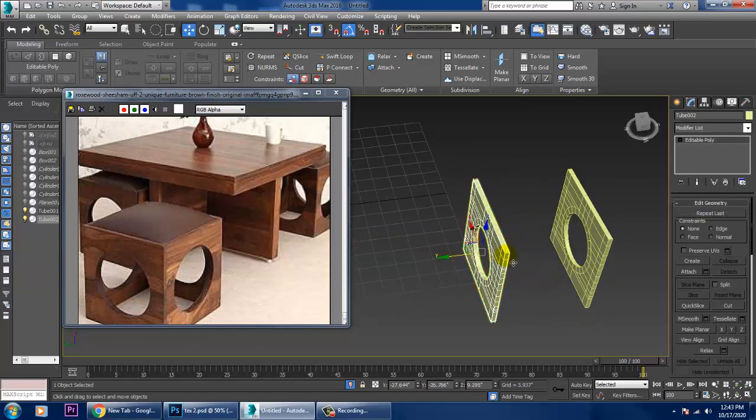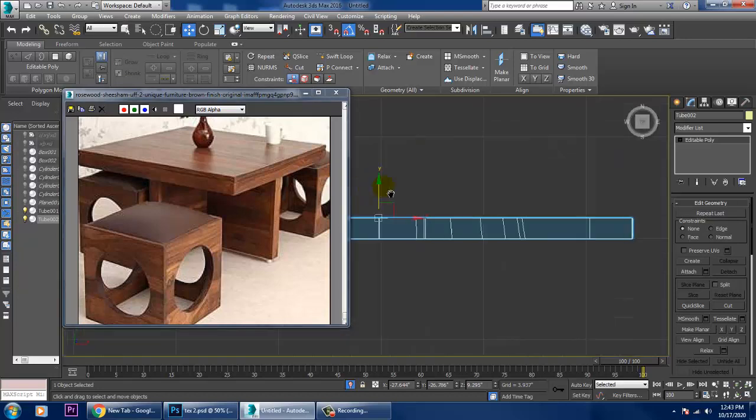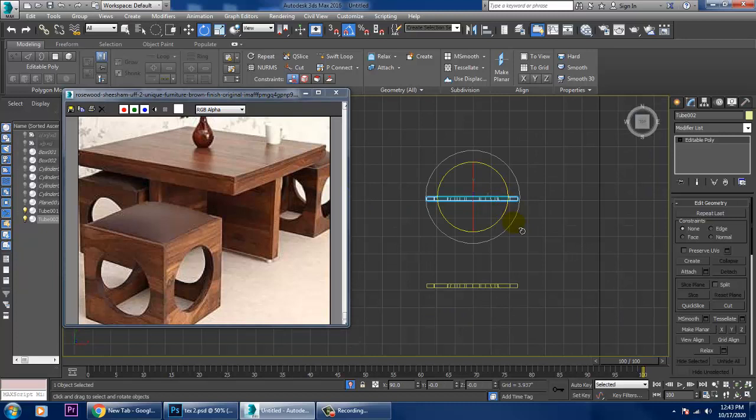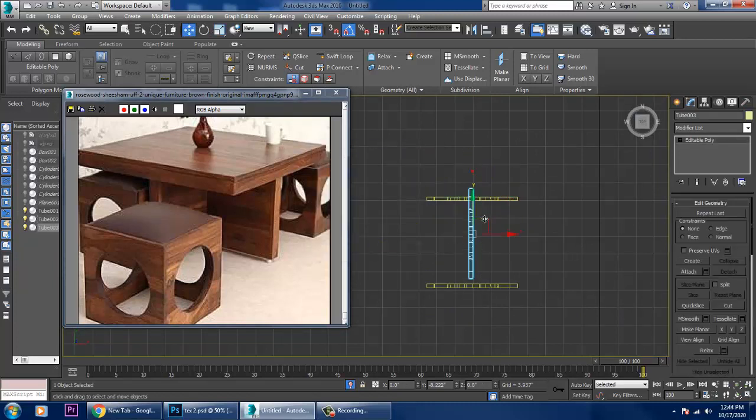So again duplicate this, go to the top view, shift and drag, again rotate it, duplicate it in this way.